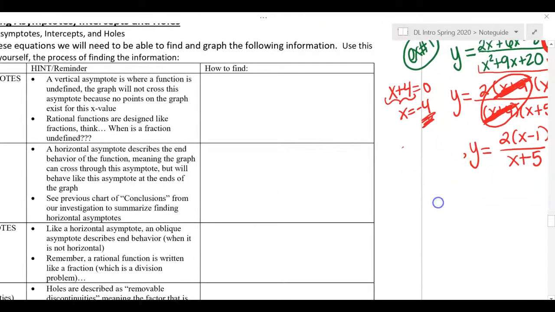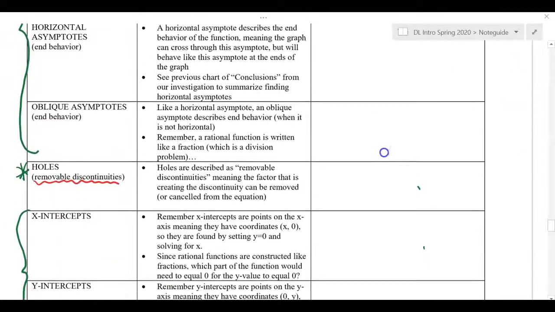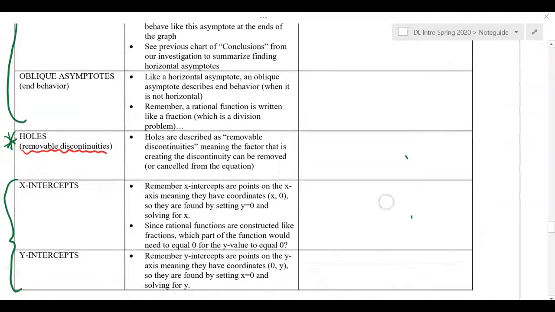So let's go to our chart where it talks about finding a hole. It tells you the other name here, and I tried to put some notes in here for you. This means that the factor can be removed or canceled from the equation. So how do you find a hole? When a factor cancels, then you set the factor equal to 0